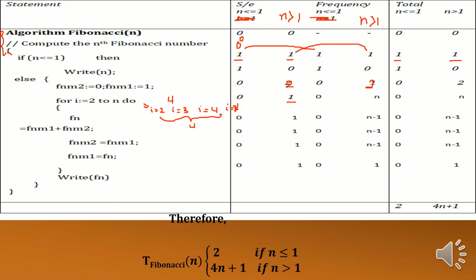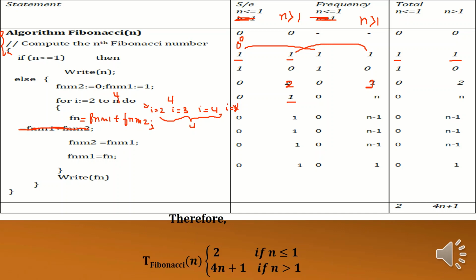Next, this assignment statement, fnm1 plus fnm2. This is an assignment statement, one step, and it gets executed one less than the for loop execution, that is n minus 1 times. Similarly, the other assignment executes one step, n minus 1 times.